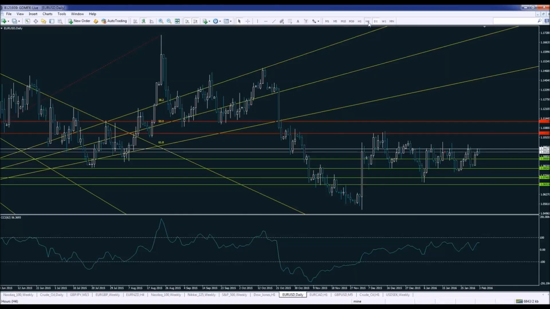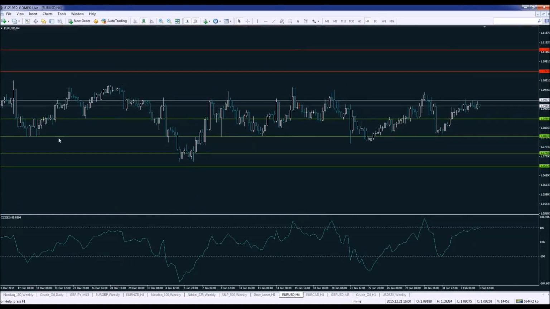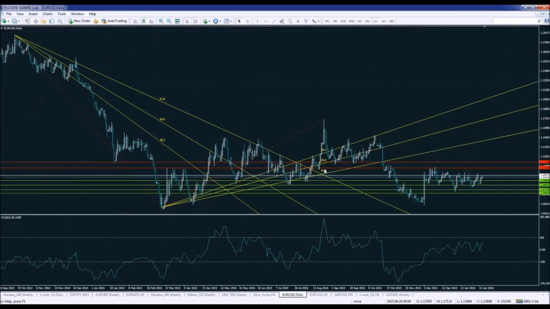Now, why we're going down to another particular chart is to get another cycle, and this is on the 4-hour chart time frame. Now, those two, you see, they disappeared. The only thing that you see here are just support and resistance levels on a 4-hour chart. When you switch back, you can see those two Fibonacci fans that you've been using. They're not going to make you any problem. They will be there